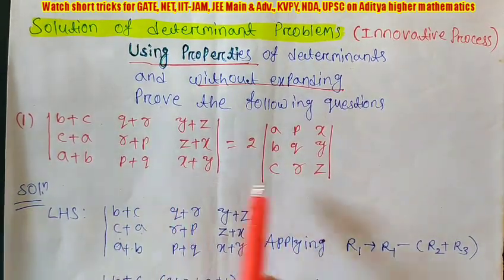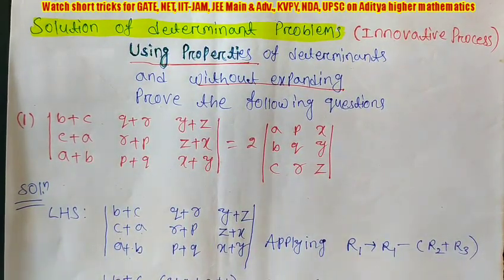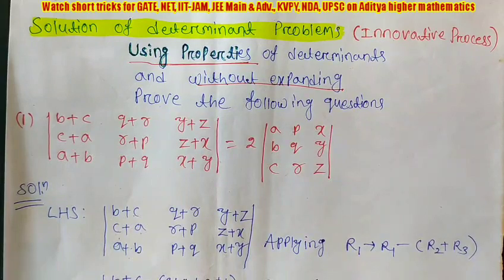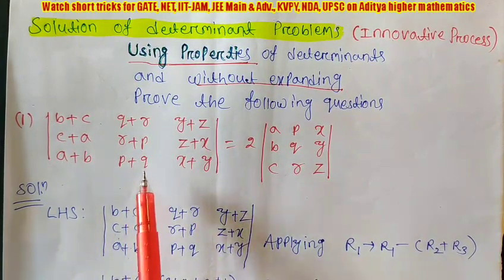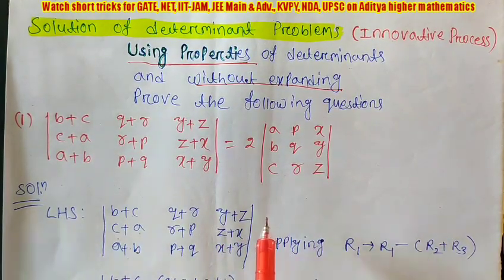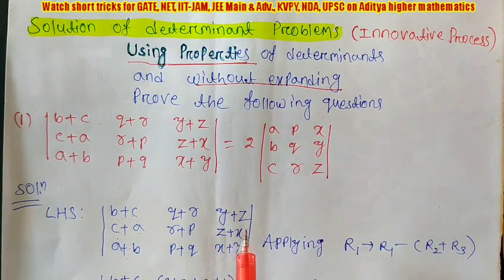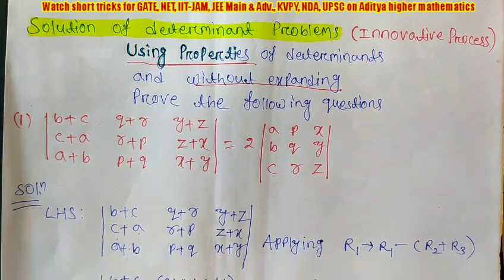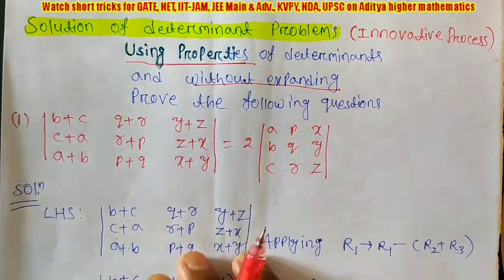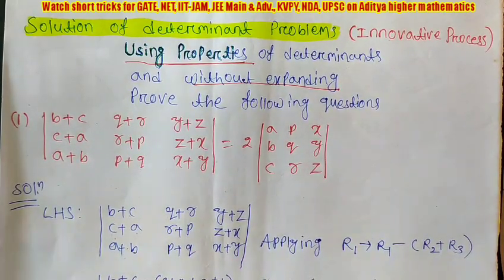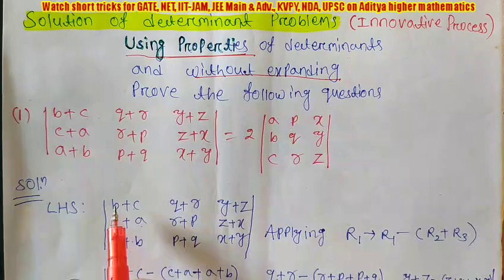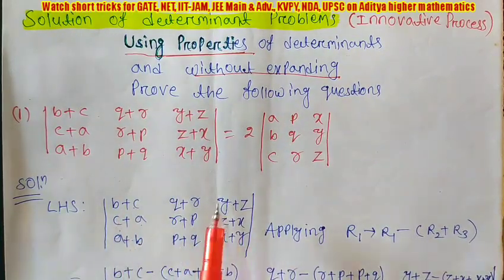Actually, when determinants are given on both sides, students think it is a very difficult question, because they think you have to evaluate the LHS and also the RHS. But it is not like that. There are some innovative ways. Using these ways, you can solve a question with minimum time and minimum steps. And what is that process, now we will say. First take the LHS, what is given.